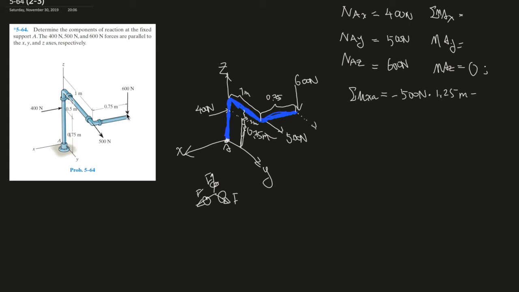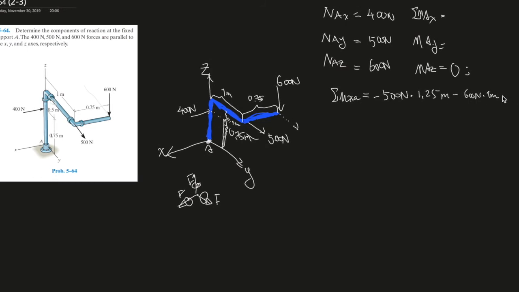And also minus, here's another force that's generating a moment around the x-axis, and that's 600 from the position to the x-axis. So over here, this area over here, that would be 1 meter. So 600 newtons times 1 meter. And also we have the moment at A. So the moment that's being generated counter to the forces that are being generated at this position A. So plus